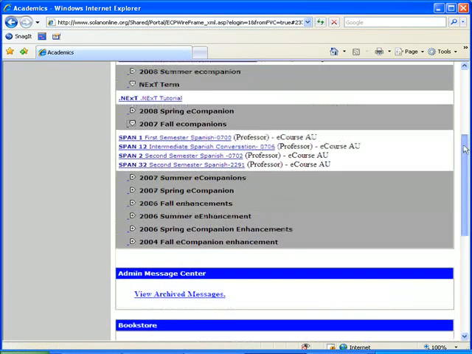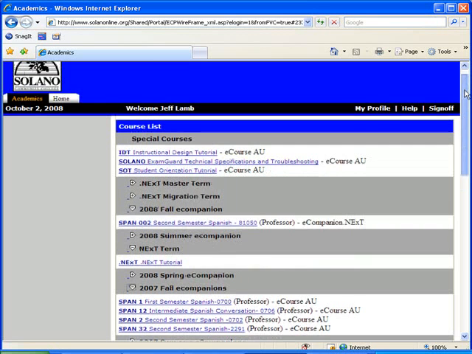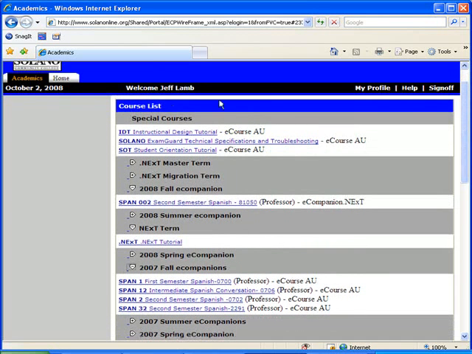And the big advantage of this is that once you set up a course as an eCompanion, you can copy and paste it to another semester. So what's here for the fall of '08 probably came from the fall of '07, and I simply update as I go. The other nice feature that's here on this first page, this beginning page, is a tutorial,